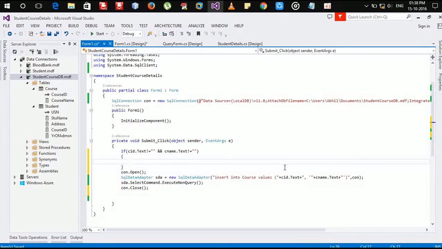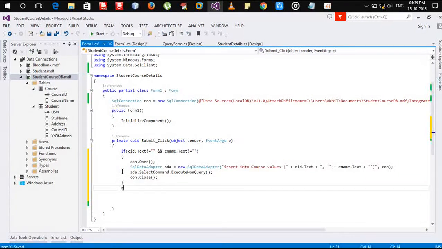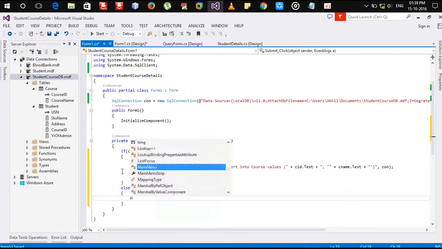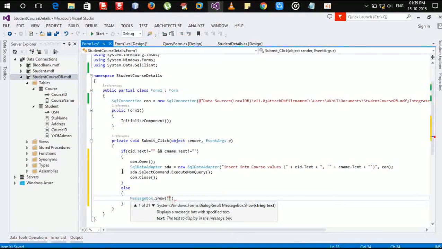Only then the connection should be done. Else we display a message using message box dot show, enter all the details